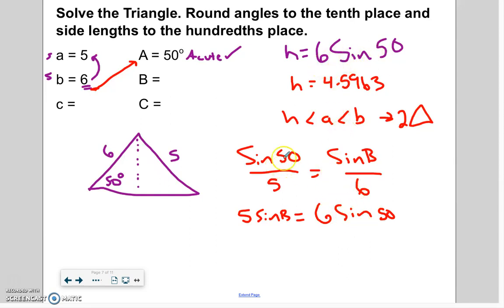That's where the whole height is coming from, the formula of law of sines. Divide by 5, and you should get sine of B is equal to, let me just punch in the calculator here,